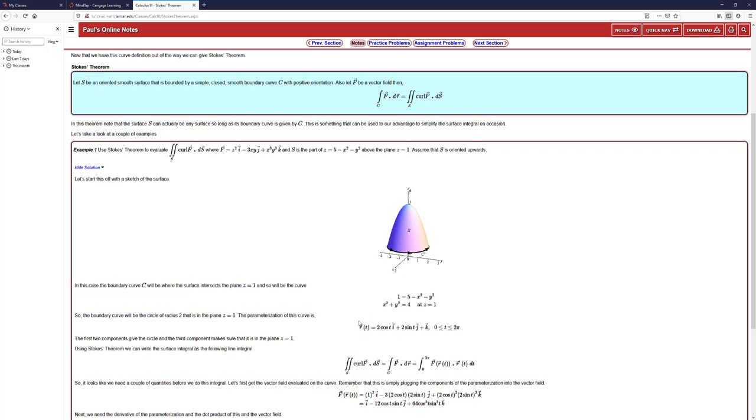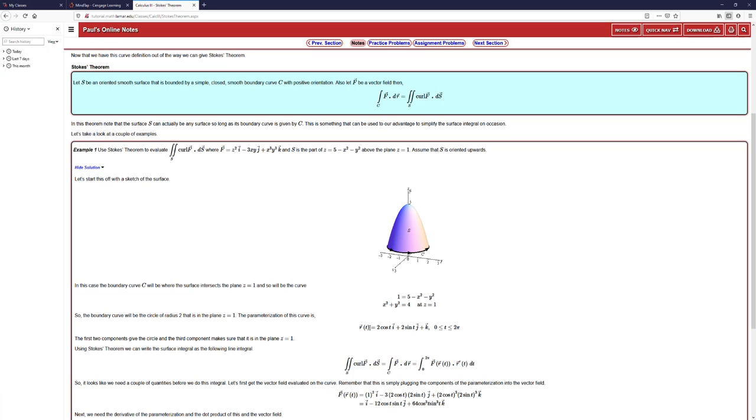So it's just a circle there, not too hard to understand. The boundary curve will be the circle of radius 2 that is in the plane z equals 1. They do the parametrization and figured out that this is the path,